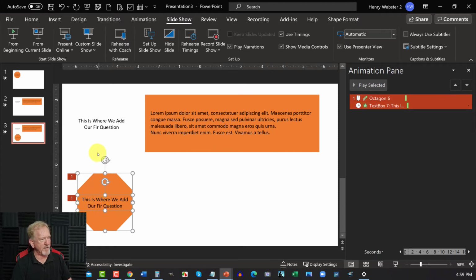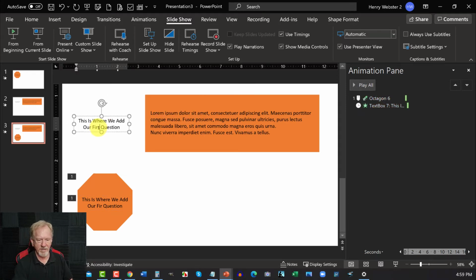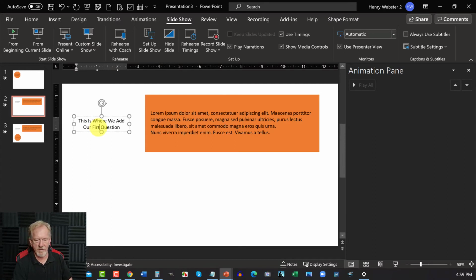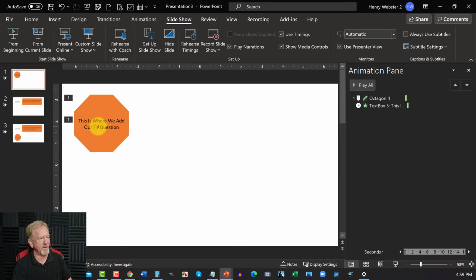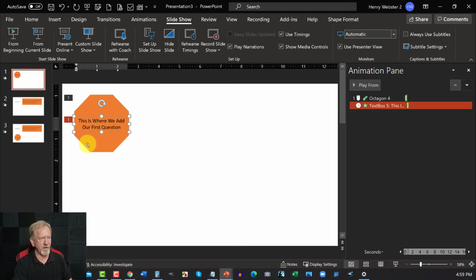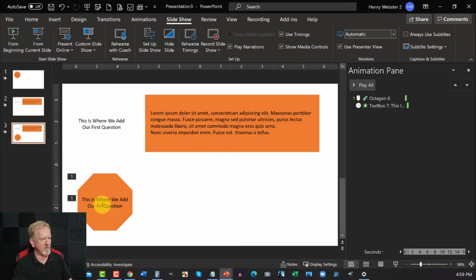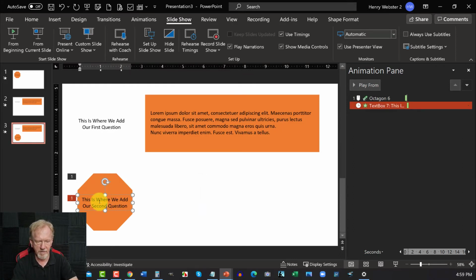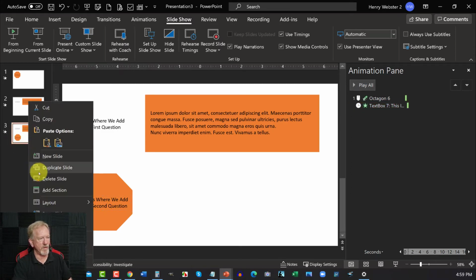Now that says fur, let's make that first. I just realized it was misspelt. We need to fix that up in all of the screens, and that includes this one here. There we are. In this particular one we shall write the word second. There we are. Now we need to duplicate this slide one more time,